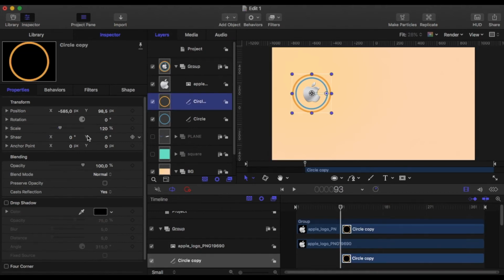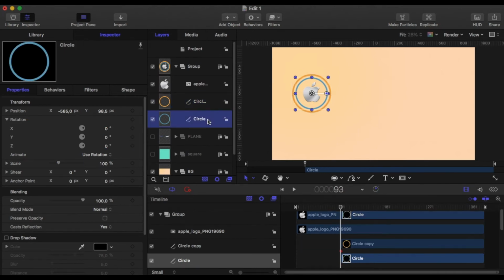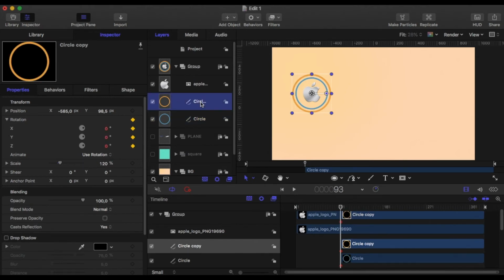Okay, so we'll go to circle 1 and keyframe on rotation this time. I'm going to open it up so I can see all the X, Y, and Z rotation properties. So I'm going to keyframe the first circle on rotation, and I'm then going to do exactly the same for the second circle. I'll move forward 60 frames, and the first circle I'm going to rotate on the y-axis, and